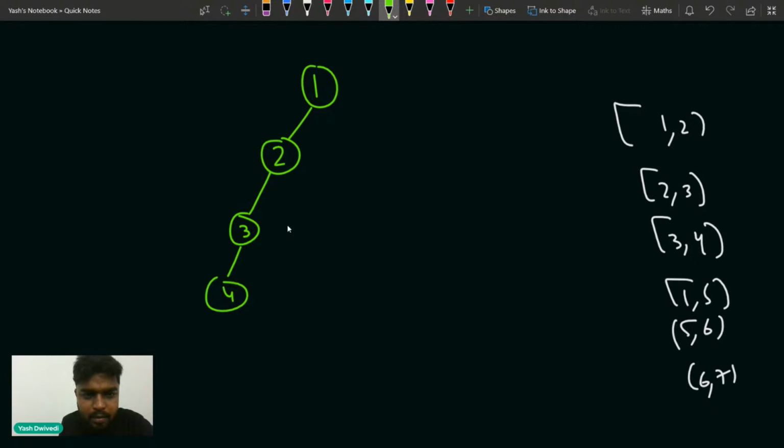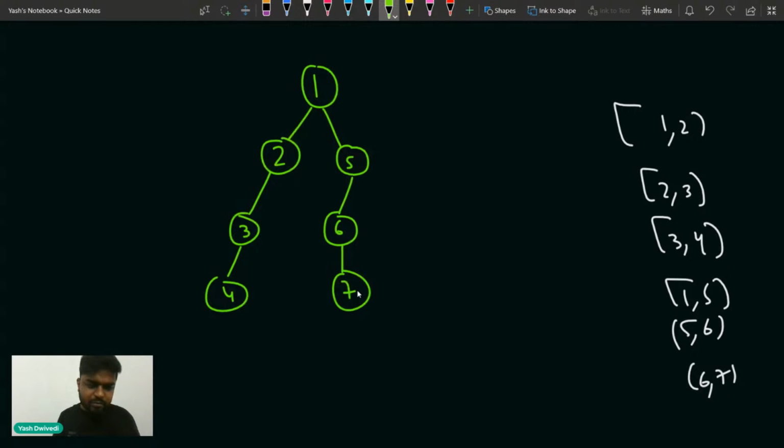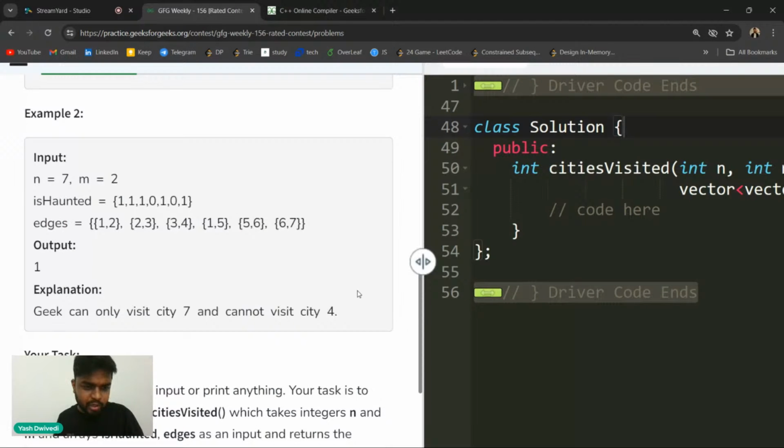Then 1 is connected to 5. 5 is connected to 6. Then 6 is connected to 7. Something like this. Am I correct? This is the tree that you will make for the second test case, guys. 1, 2, 2, 3, 3, 4. Then 1, 5, 5, 6, and 6, 7. Looks like that. Right.